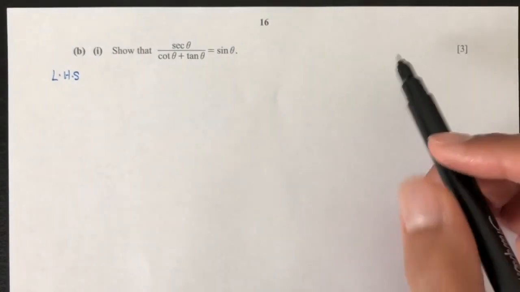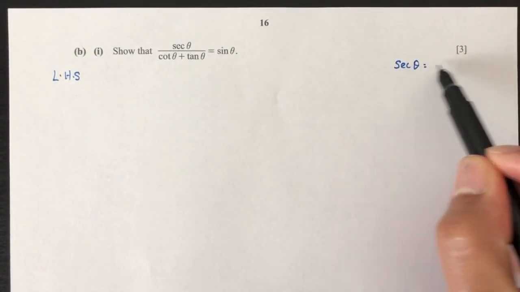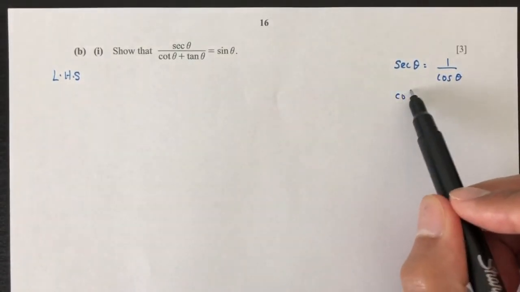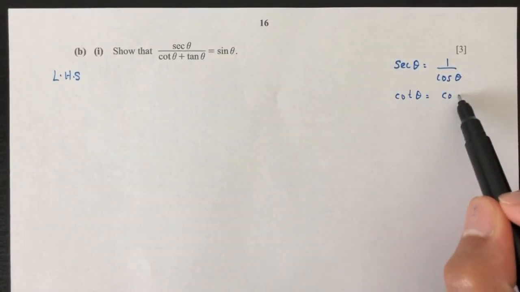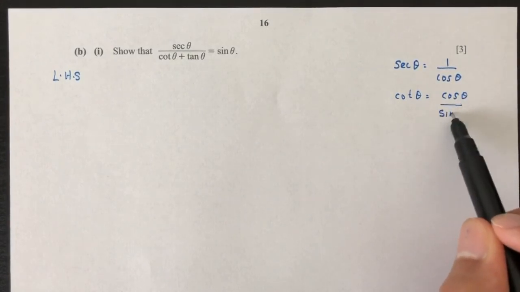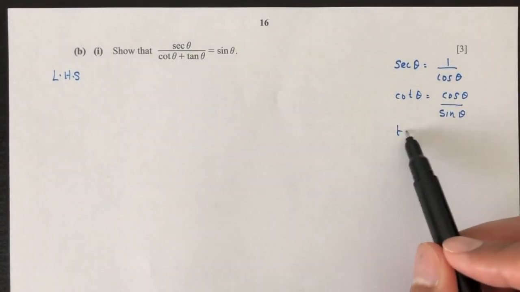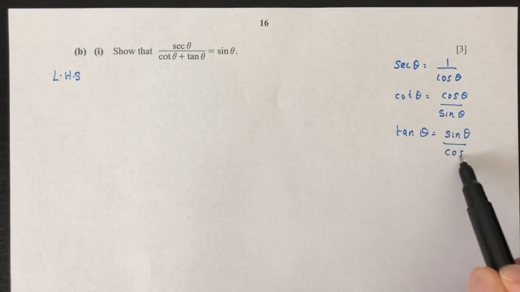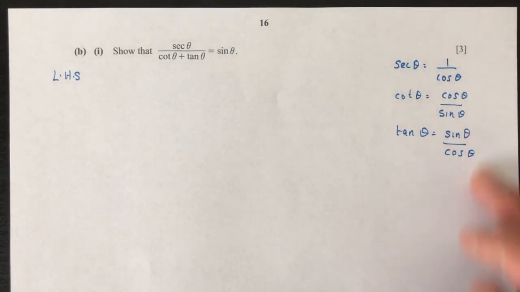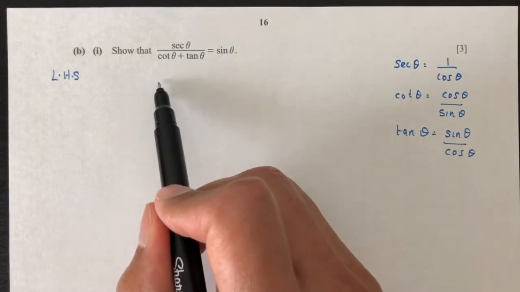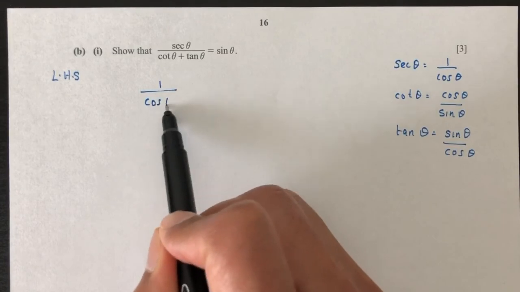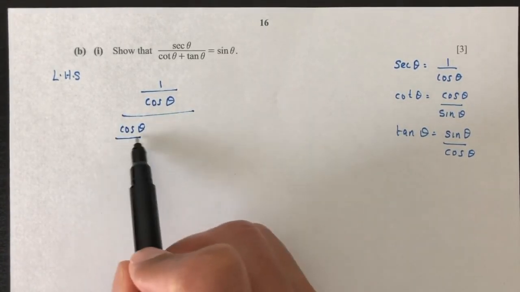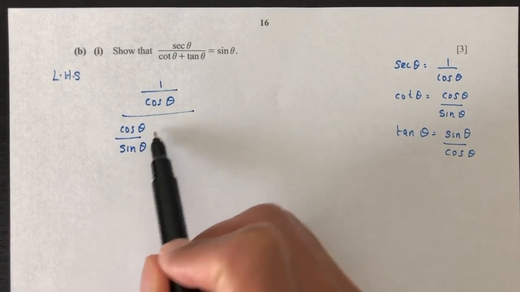What is sec? We know sec theta is equal to 1 over cos theta. What is cot? It is cos theta over sine theta. And what is tan? Tan theta is sine theta over cos theta. So let's replace all of this and see what we have. On top we have 1 over cos theta, divided by cot, which is cos theta over sine theta, plus tan,